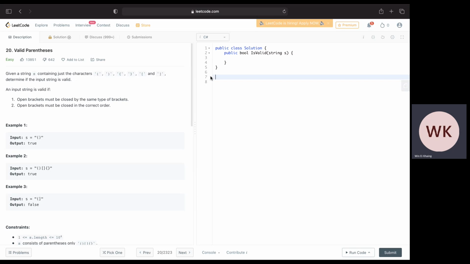By doing it this way, I will create a new stack variable, named stack. Then I will loop with the integer i equals 0, looping over the input string while i is less than s.length, and i plus plus. If the character at index i of the input string s equals left parenthesis,